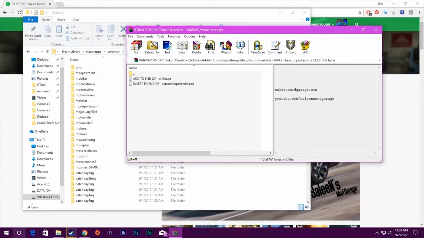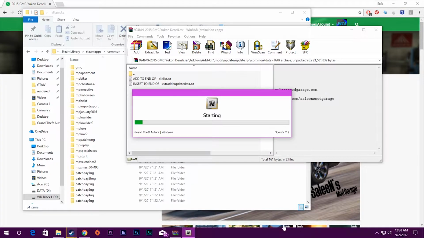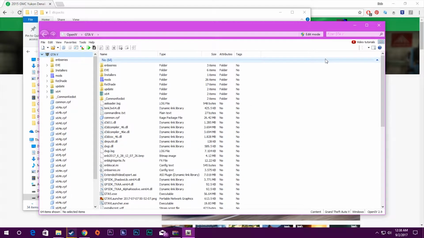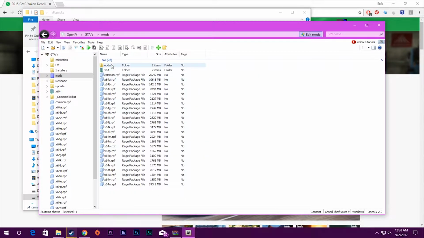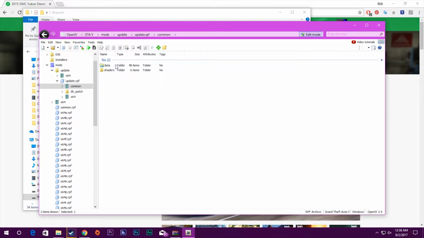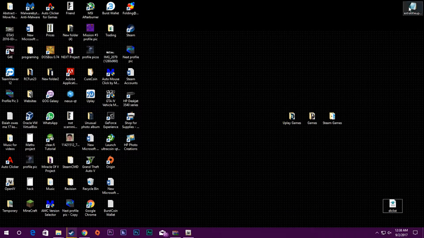Okay, so now you open up Open4. You click on Windows under Grand Theft Auto 5. Okay, so now what you want to do is click on edit mode, and then you want to go into mods, update RPF, common, data, and you want to select DLC list and extra title update data. You want to select these two and drag them onto your desktop. I apologize for the weird background. I have no idea what's going on. I think I'll have to reinstall